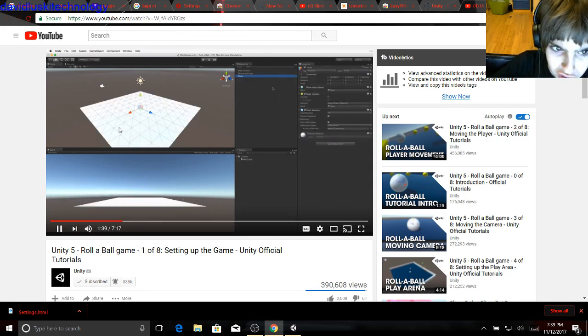Rename this game object Ground. We can do this by either selecting the game object and using the Enter or Return